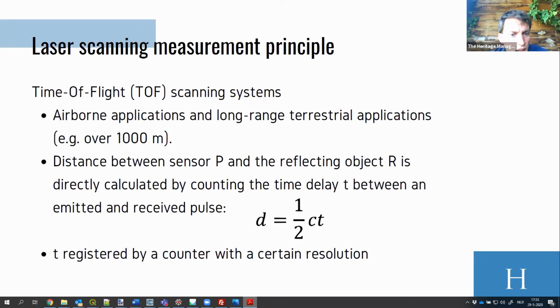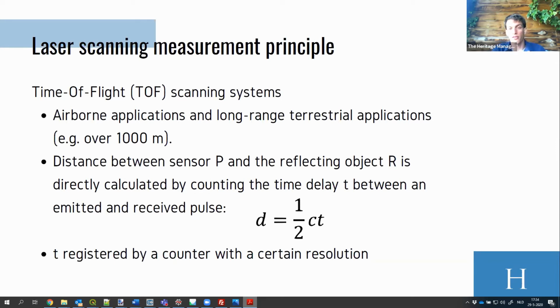So these time-of-flight scanners, or the pulse-based scanners, are frequently used in airborne applications. Most of the airborne sensors that you will find online are equipped with these pulse-based scanners in the near-infrared or the infrared range of the spectrum. And also for many long-range terrestrial applications, where you have ranges over 1 kilometer, you will find these time-of-flight scanners, these pulse-based scanners,